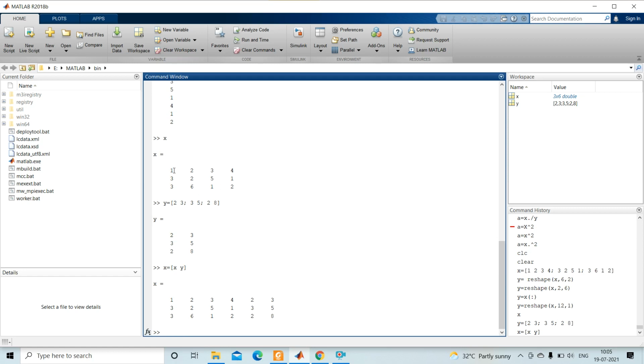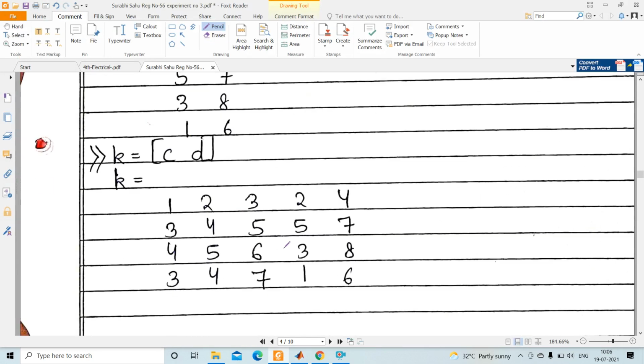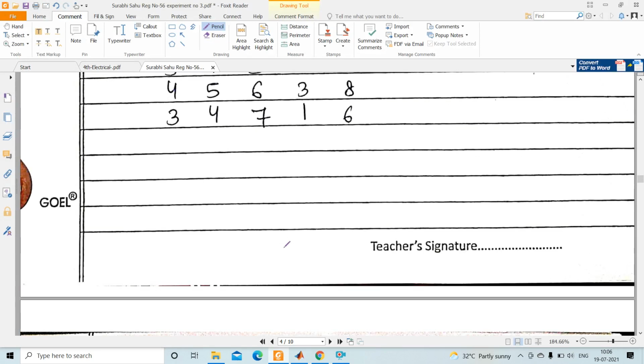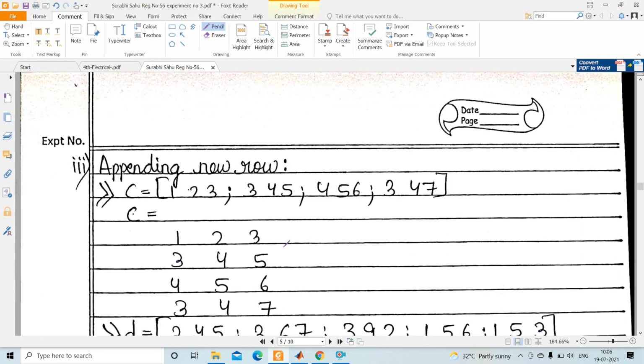Initially x is like this, so now in x these 2 columns are added, 232 358. So in these values you can use any value as your choice. So like this we can add columns to the existing matrix, or you can call it appending. Okay, then